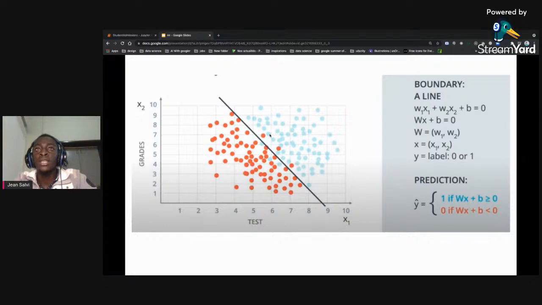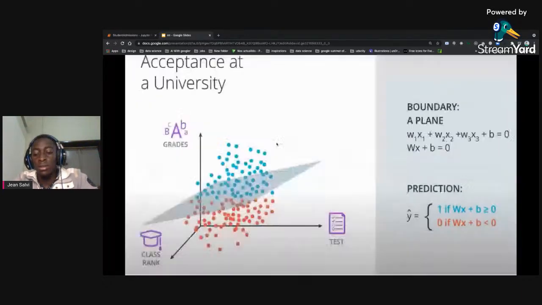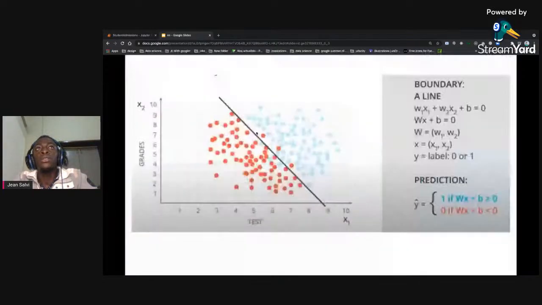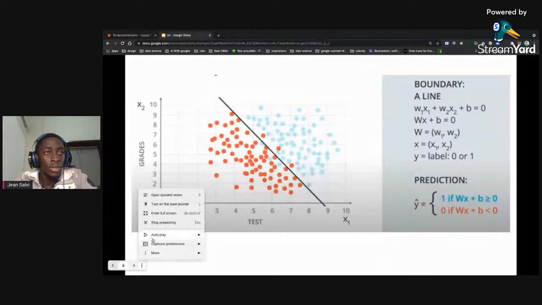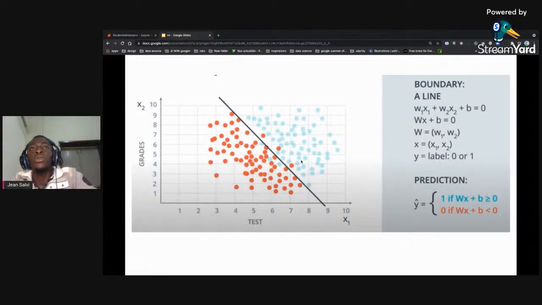it has to plot the points you give it. I was looking for a cursor, but I guess you can see it. If I give maybe a grade of 7 and a test of 5, the point will be here. Depending on this,